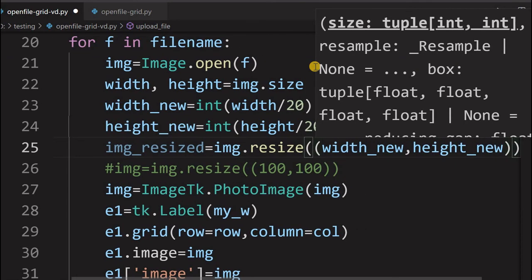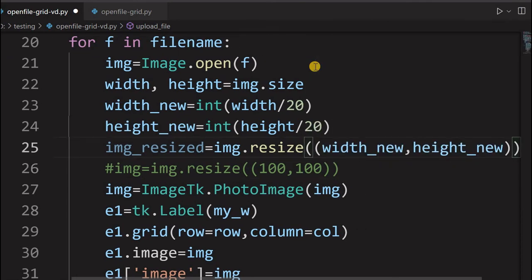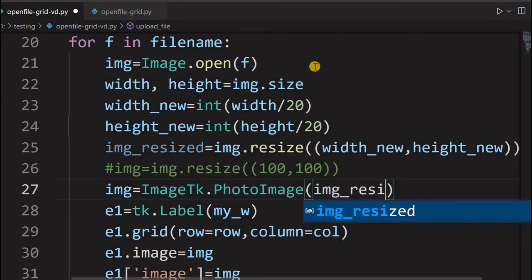So now this will take the new values, and here instead of using image directly, we'll use image resized. So this line we have commented. If you want 100 by 100, you can remove all this and bring this into one line, and here change it to image. So let me save it and run once.